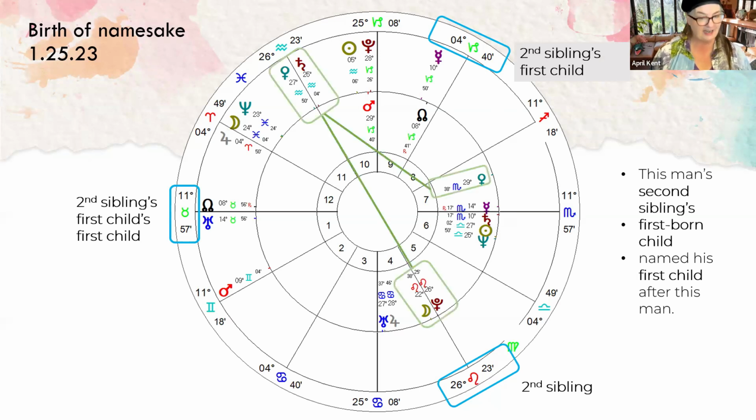And there are many fascinating things about this. So that's ruled by Venus. And his natal Venus at 29 Scorpio was getting aspects from Saturn and Venus. Saturn is the second sibling's first child, and Venus is the ruler of the child that's just been born. So we're getting Venus stuff kind of colliding here, and that Venus and Saturn are connecting with the moon and